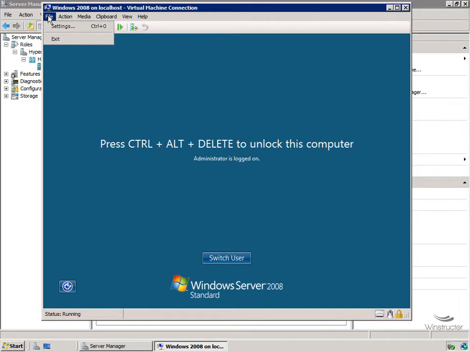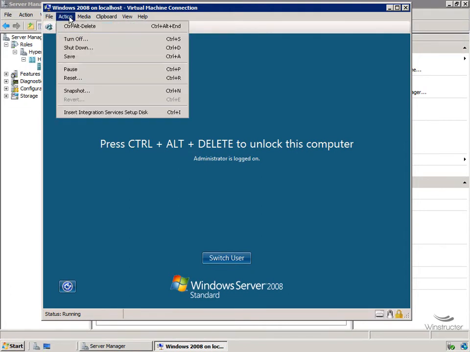So on our File menu here, if we want to edit any of the properties of this virtual machine, we're going to choose Settings. But we'll come back to that in a moment, since this is where the bulk of the configuration will be done for this virtual machine. So moving along, the next menu item we have is the Action menu, which gives us some of the same options we have in our Hyper-V console. We can issue a Control-Alt-Delete, which is what we'll do to send the Control-Alt-Delete keystrokes to our virtual machine,